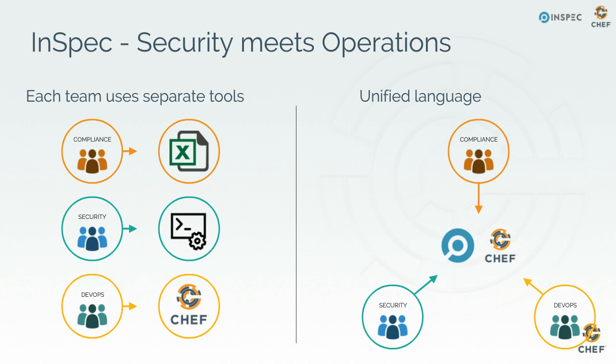But really where we need to converge at is all of these different teams using similar sets of tools, right? So the DevOps teams should be able to understand and write some InSpec controls. Security teams should move away from writing one single platform shell script to InSpec, which allows them to do all of this work cross-platform. And the compliance teams can also own their requirements, their concerns in code, right?